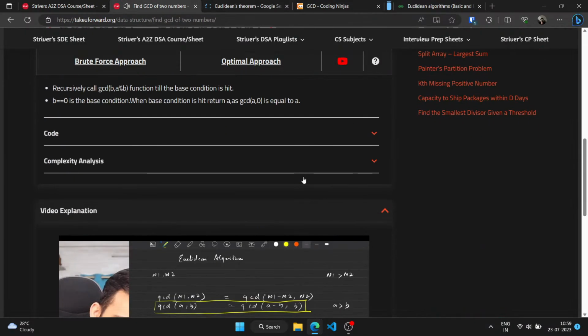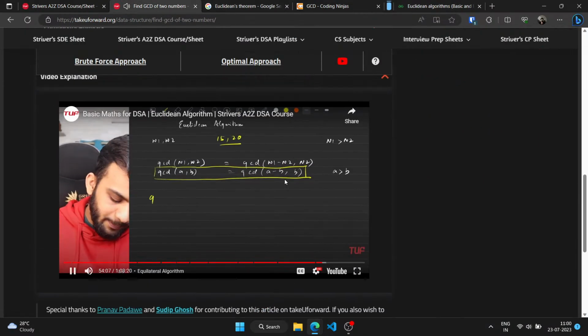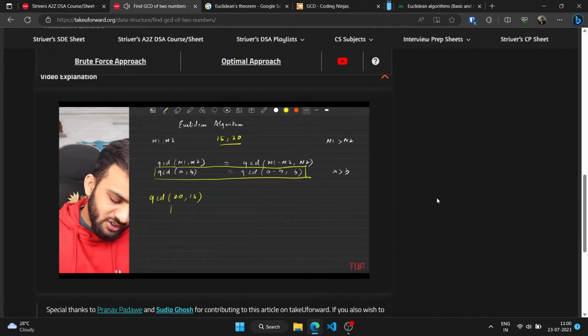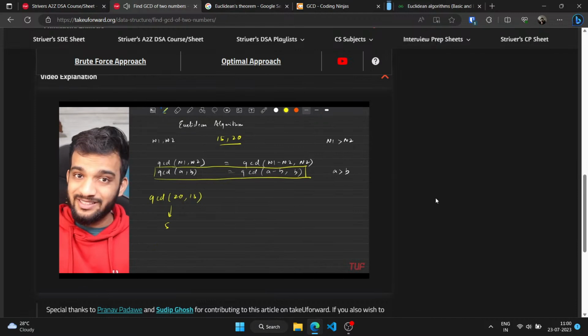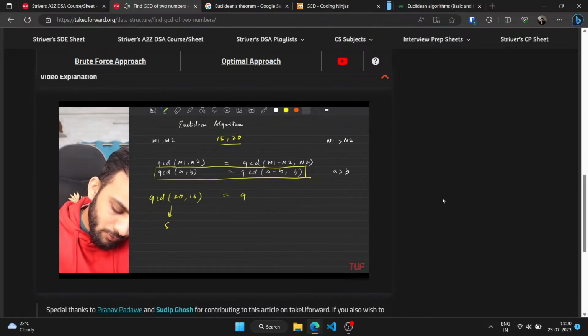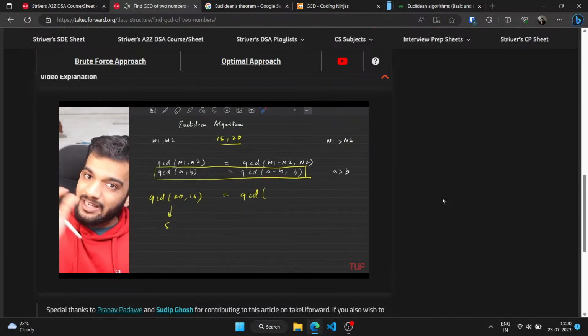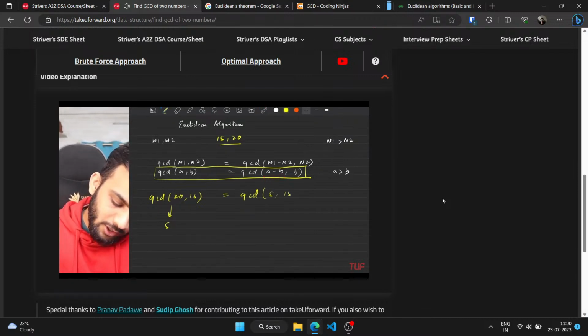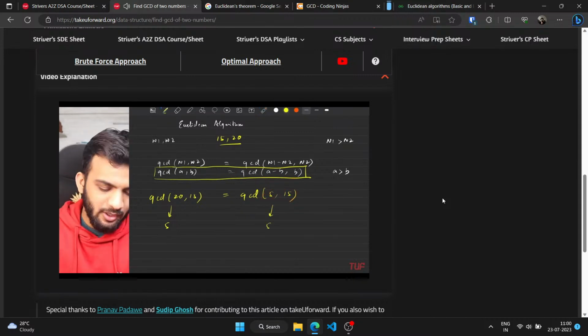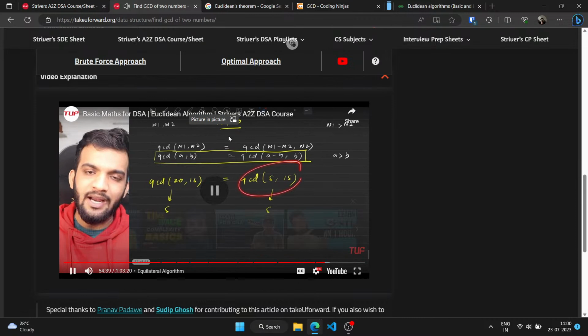If I give you two numbers, imagine 15 and 20. It basically states the greater number and the smaller number. What is the GCD of 20, 15? We know the GCD of 20, 15 is 5. So it states the GCD of 20, 15, the greater number 20 and the smaller number 15, is equal to greater minus smaller, 20 minus 15, 5, comma the smaller number 15. So what is the GCD of 5, 15? That is also 5. So again, by induction also you can prove it. You can take any two numbers and you'll be able to prove